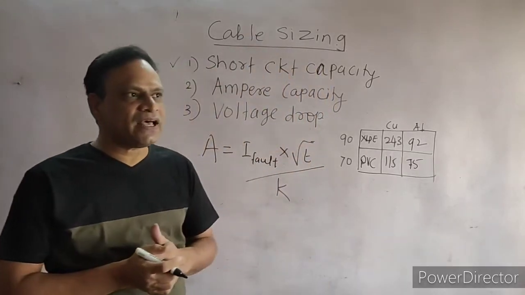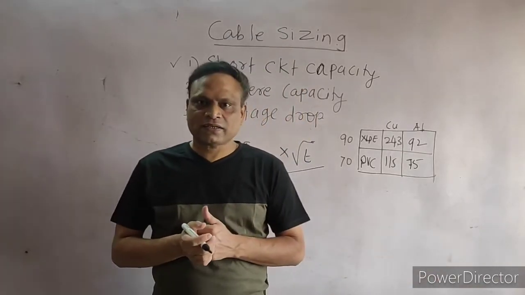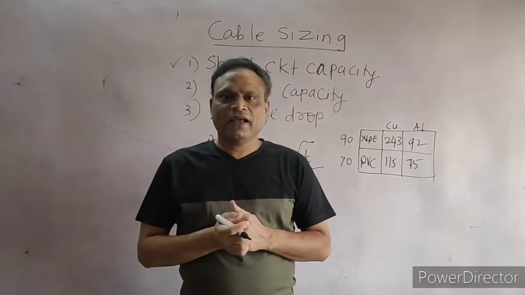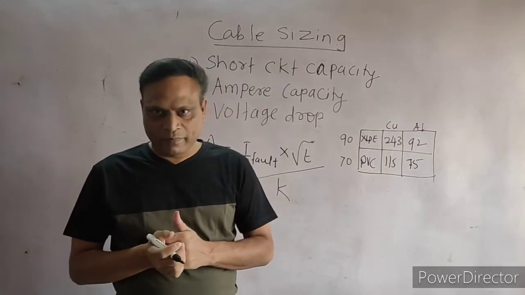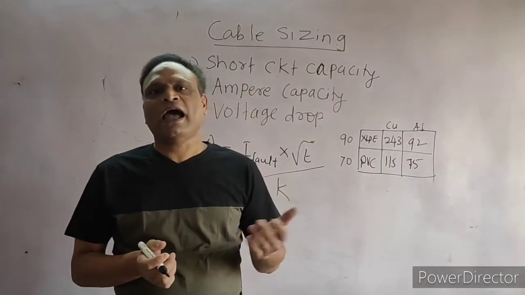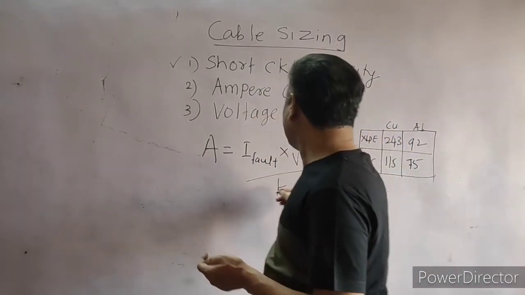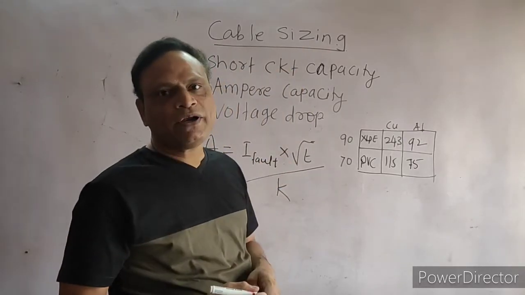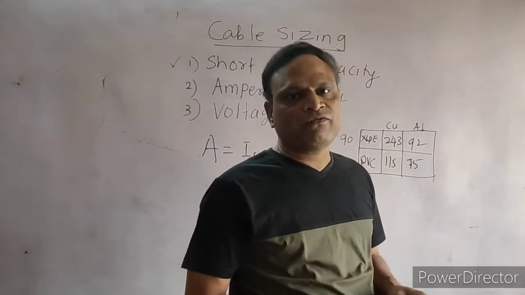So whenever a system is there, the system has various protection systems, that is the instantaneous relay operation time and the circuit breaker operation time. The combination of both, the circuit breaker operation and the instantaneous relay operation, generally adds up to 0.2. So we have to take this T as 0.2, and then we can find it. Let us find how to calculate the fault current.